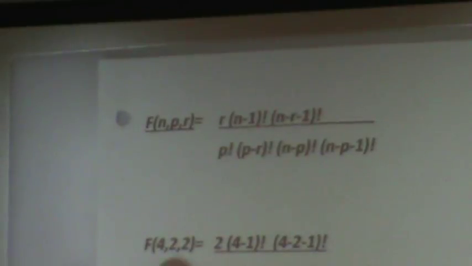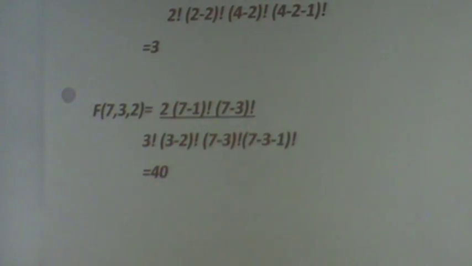So this is what it ends up. This is my final conjecture right there. Earlier, I had you look at your table. For a length of 4, 2 peaks and 2 returns, this is how the formula works. And that's the answer you get, which is 3. Now, the answer to the front page of the sheet I passed out to you is right there: 7, 3, and 2. It turns out there are 40 paths with that trait, that there are 3 peaks and 2 returns.